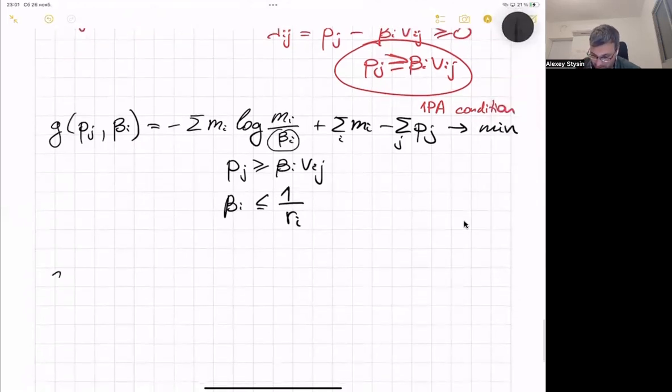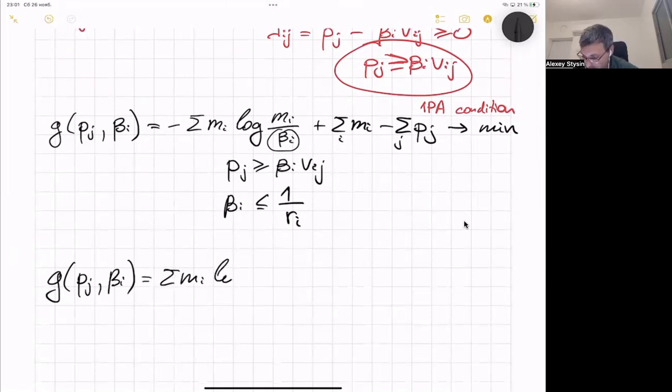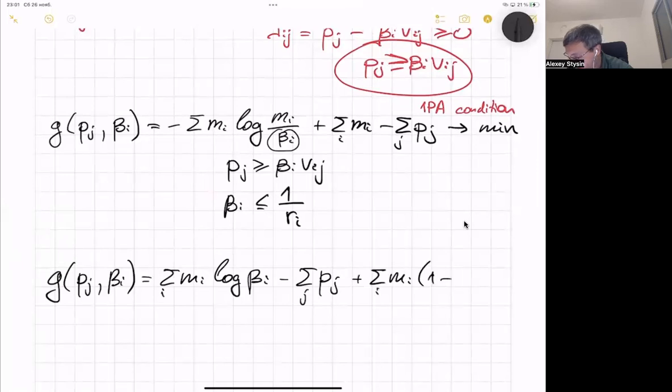Okay, let's have another one. g(pj, bi) equals, now this comes with a minus sign, so this is the sum over mi's logarithm beta i's minus sum of the pj's, and what remains is plus sum over mi 1 minus log mi. Okay, and this is to be minimized, so